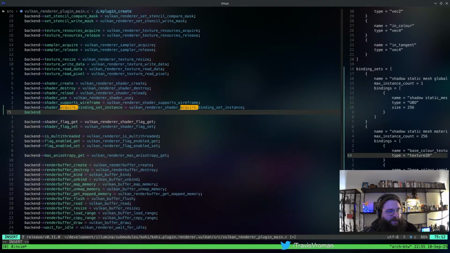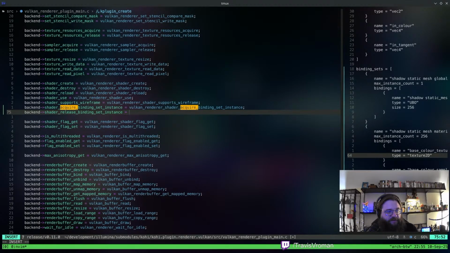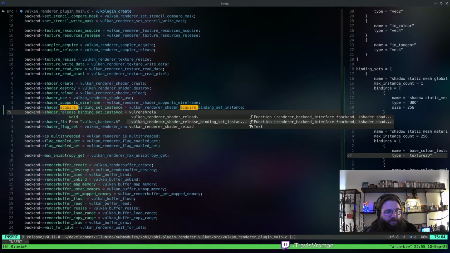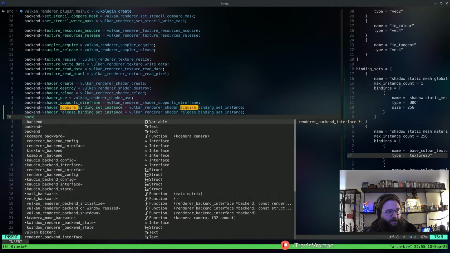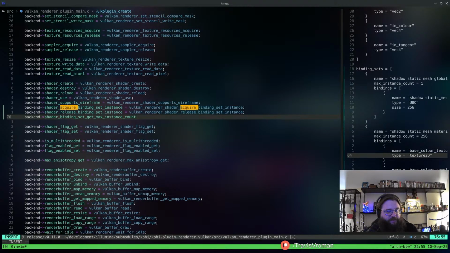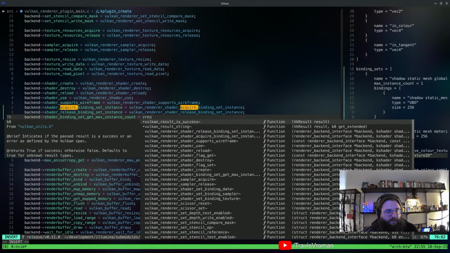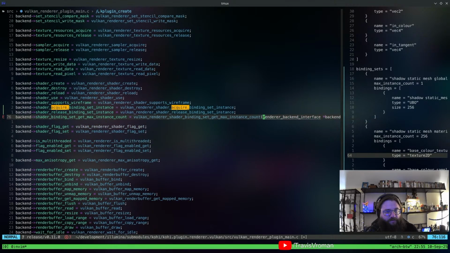And then backend shader release binding set instance equals Vulkan renderer shader release binding set instance. And then backend shader binding set get max instance count, Vulkan renderer shader. That one.